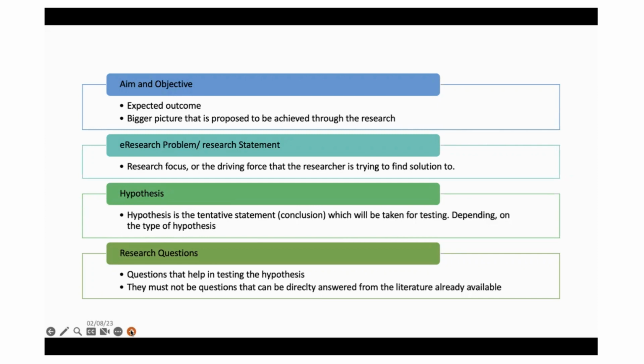This is followed by a tentative statement, the hypothesis, drawn out by the scholar based on previous reading, which would be put to test through the study conducted. In order to put the hypothesis to test and to find a solution to the research problem, the scholar would have to frame research questions, which would be answered through the research. The research question sets the direction for the research that would be conducted. As a prospective scholar, though an in-depth understanding of research methodology is not expected, the scholar is expected to have an idea about what a research problem is and what a research question would be.